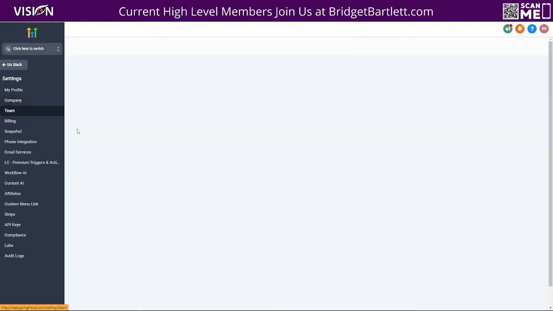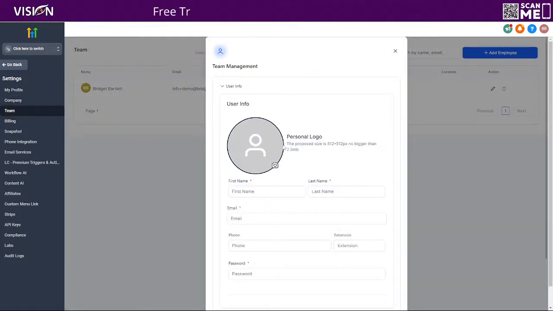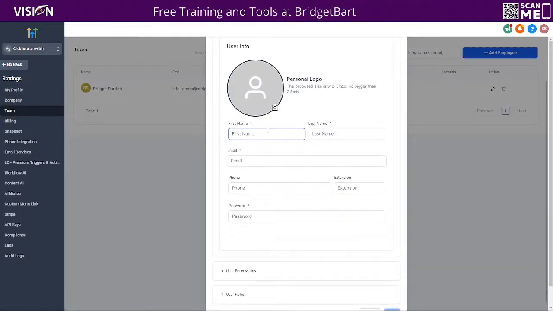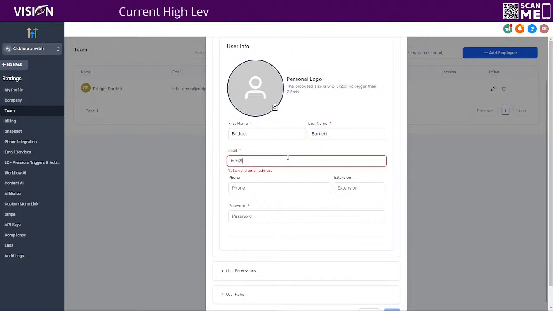So what does that mean? I need to go to Teams. I need to go to Add Employee. I'm going to create my user here, okay? Because the other user is actually the owner, all right? So I don't want that. I'm going to create an email address,